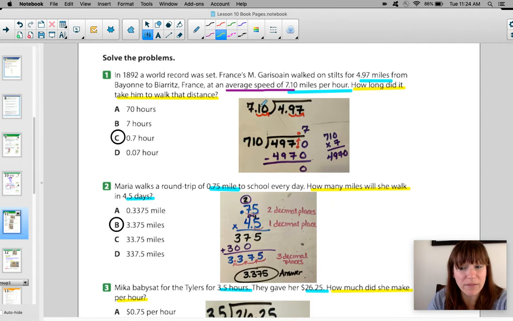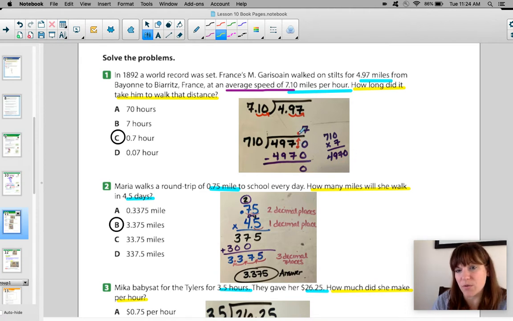So you might have set this up backwards. So hopefully you're realizing that the dividend, what we're splitting up, is that distance. Then, once you have the setup right, you have to make sure you're moving the decimal point appropriately. I'm moving it 2 places to the right, and so I'm making this 497 divided by 710, which is going to give me a decimal answer. If I'm noticing my choices, that helped me know what I could try to multiply by. 710 times 7 is that